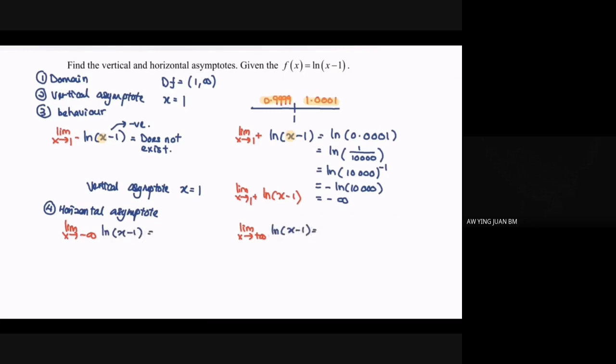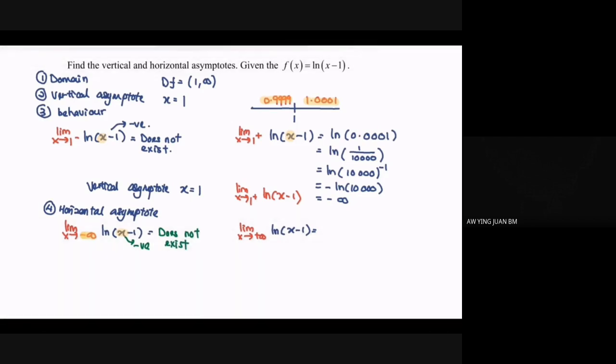So now, if we substitute negative infinity, meaning that we have a negative value, which is, for example, negative 1000 minus 1. And obviously, we will have a negative value. So as we all know, for the ln, the internal value cannot be negative. If it does, meaning that the situation does not exist, as x approaches or as x moving towards the negative infinity or the left.